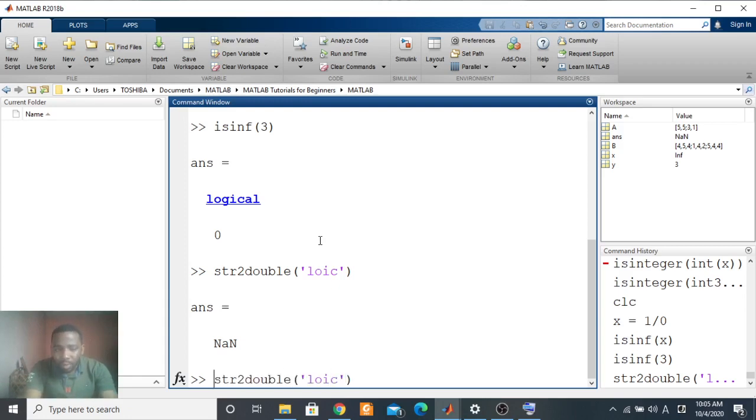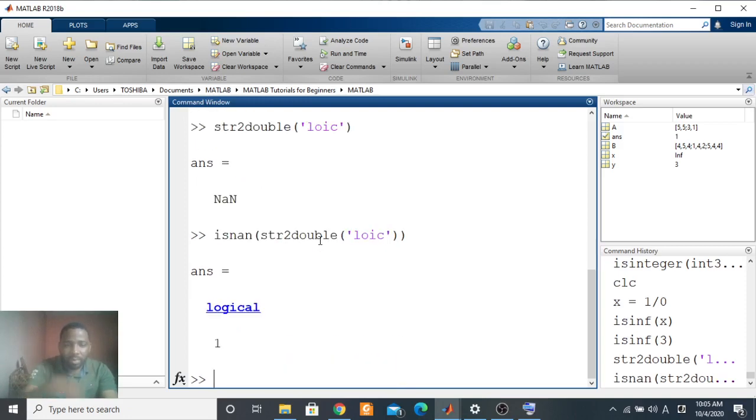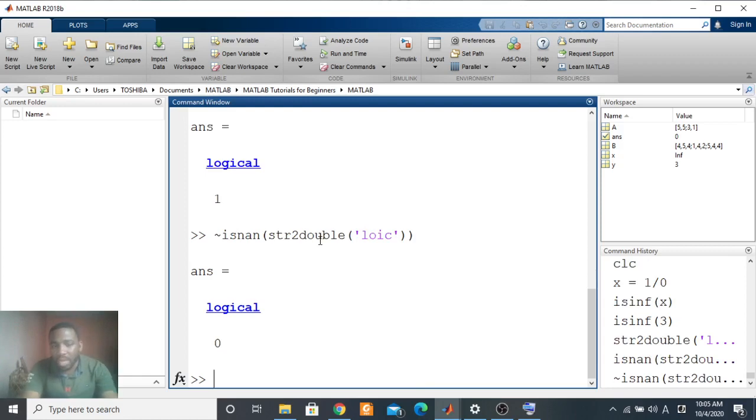So let's say isnan of this computation. That should give us 1. You can use the negation sign in front of these things if you want to have the opposite of these values, and that should give you 0. So you can see the flexibility of MATLAB as we are going.